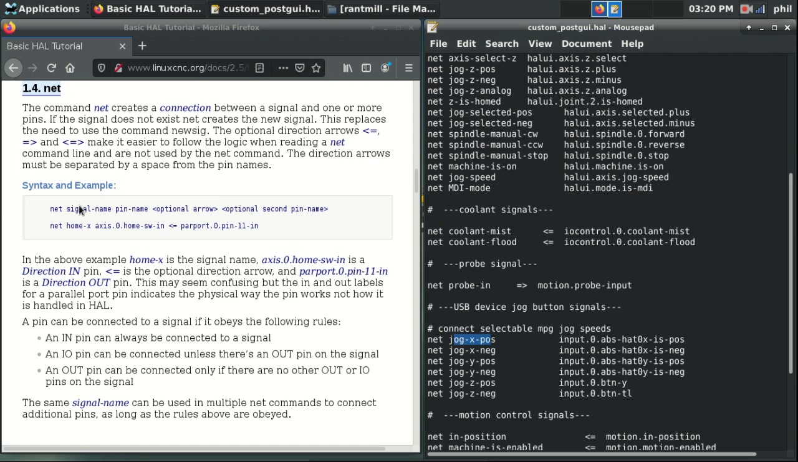If we look on the example on the left-hand side here, you'll see that you have net signal name and then pin name. You have an optional arrow that you can put in to tell whether it's an input, an output, or an I/O. And then after that, you have an optional second pin that you can put in. Now that, it doesn't really explain much in the HAL tutorial, only to say that underneath it says net home-x axis.0.home-sw-in with a directional arrow coming from